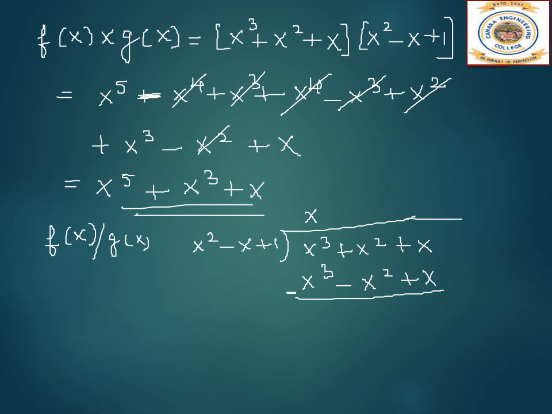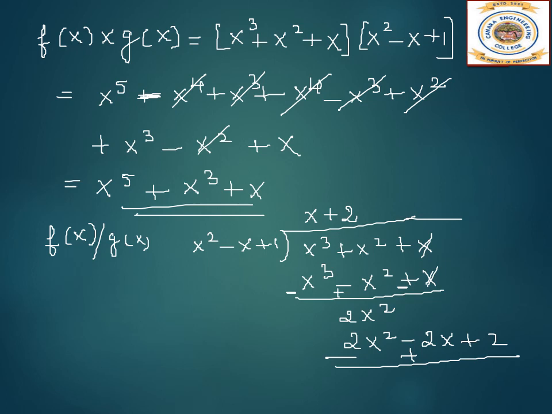So again let me remind you, this is a simple polynomial division. No Galois field is involved over here, as mentioned in the question. This is a set of integers. I get this as 2x square, and this gets cancelled because plus minus. Okay, so I can further go ahead. So I'll plus 2. So I get this as 2x square minus 2x plus 2. So again minus plus minus. So I get this as 2x minus. So the answer is 2x minus